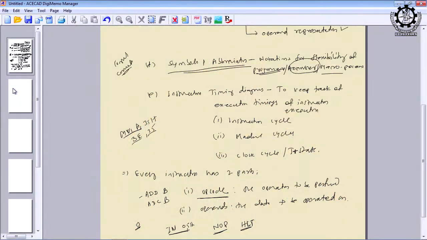And what is a microprocessor? Sometimes what happens, if it is a small program, you will not hesitate to write it. But if you are writing a program which has 4 pages or 5 pages, what will you do? Suppose a programmer is writing a program which is around 5 pages, and in every page you are writing around 20 lines of code. So, how many lines? 5 into 20, 100 lines of code. And most of the time you can see that some of the codes are very similar in nature and some of the codes are also repeated.